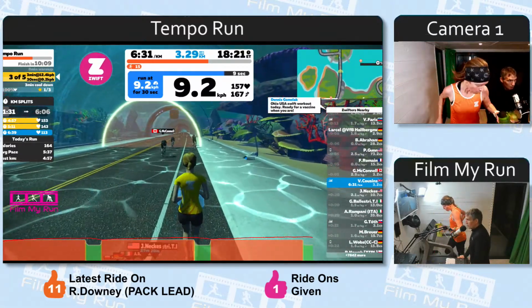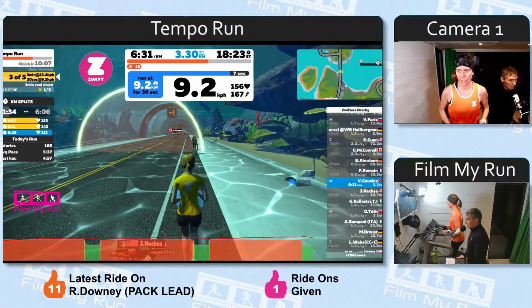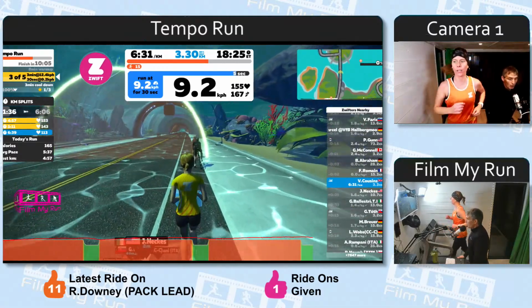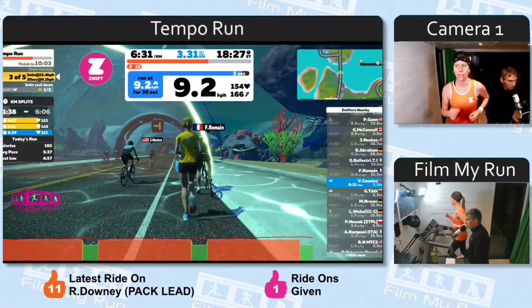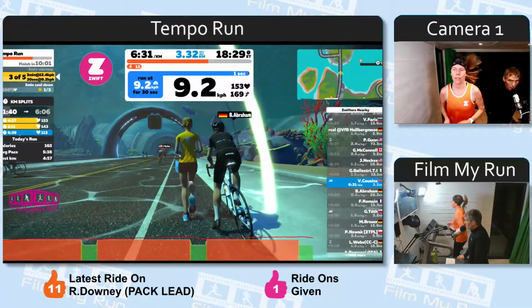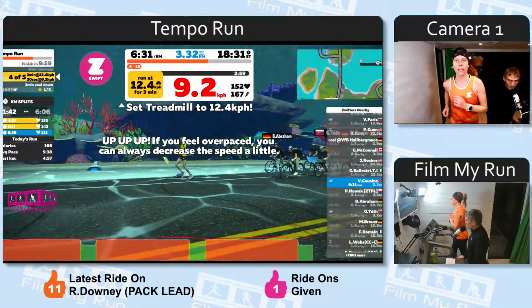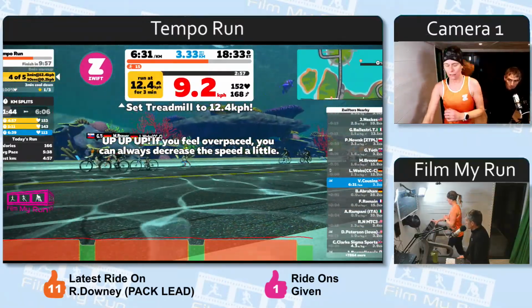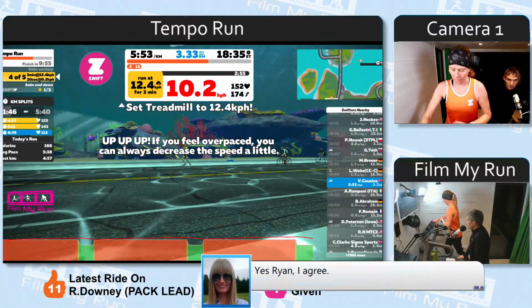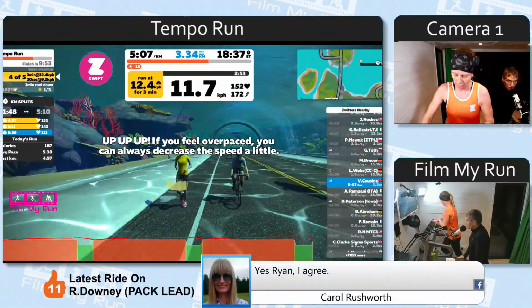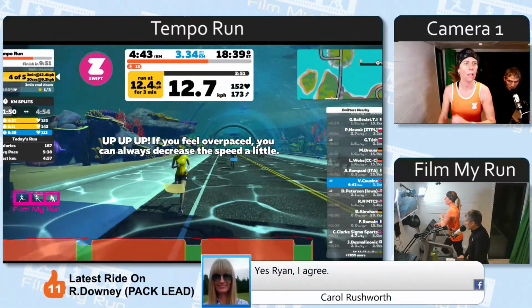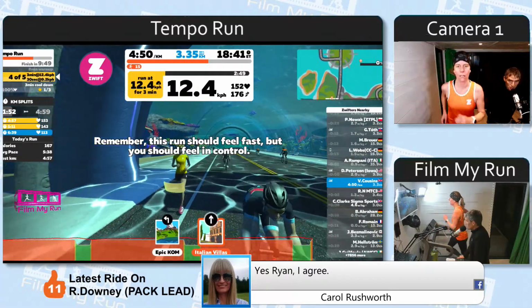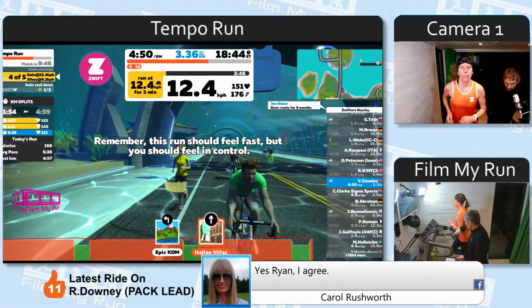Mohahe or Mohaji on Twitch says, are you using a foot pod? Well, normally with Zwift you would use a foot pod. So normally the way that you get your speed into Zwift is you have a pod on your shoe. Oh, Victoria's missed the start. You have a pod on your shoe, and that transmits the speed that you're running into the Zwift game. But we're very lucky here.